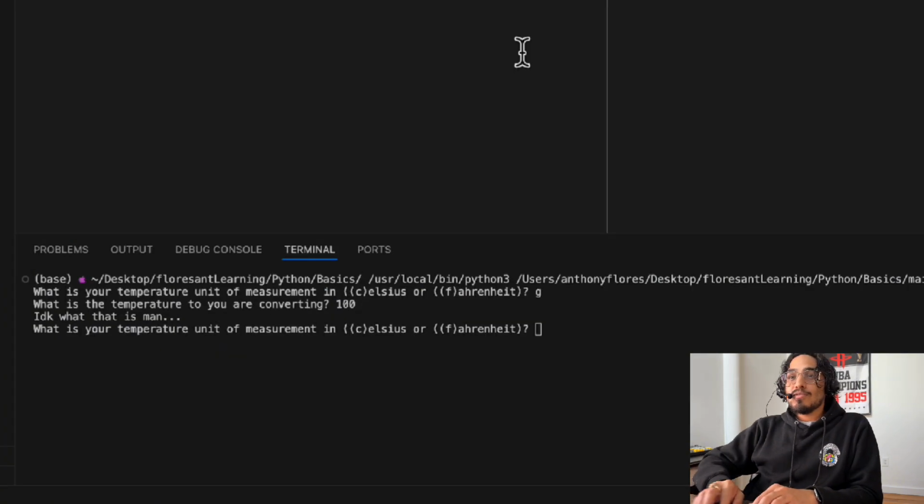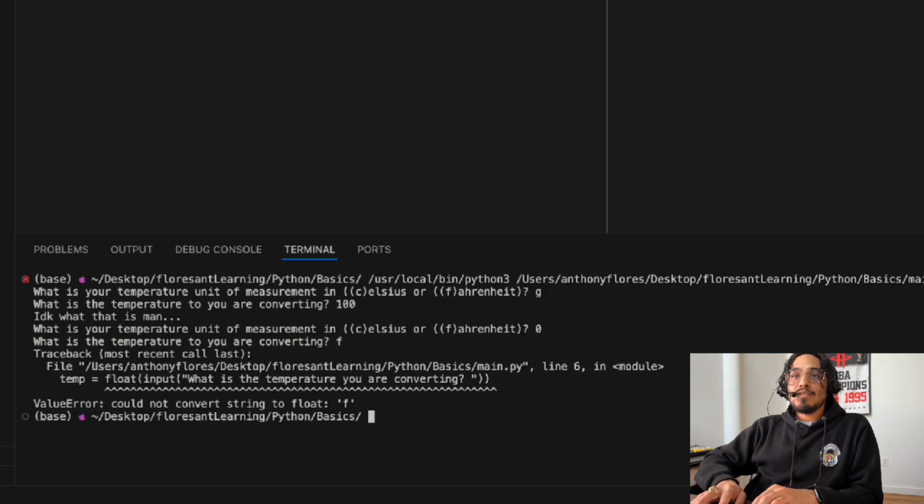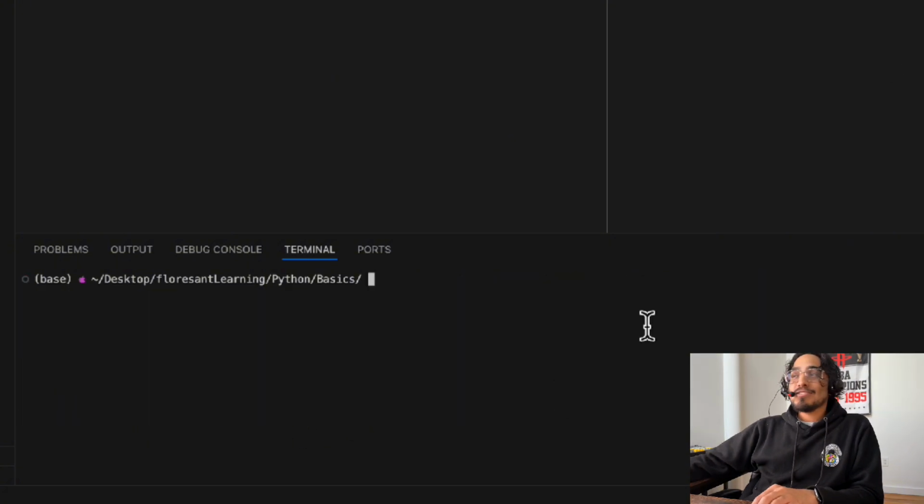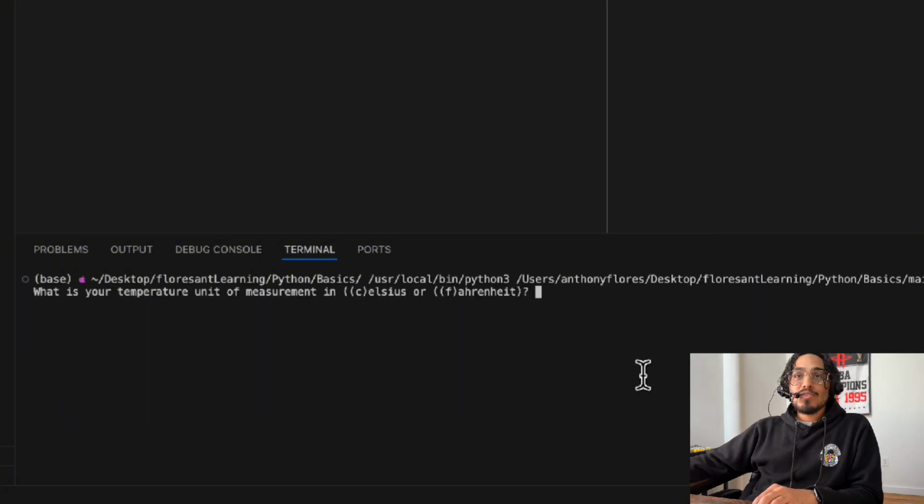So let's give an actual one. What's freezing? 0 freezing, and we're giving it in C. We're converting to F. Oh look, I did it wrong again. Yeah, we got this error because I gave a number. Let's try it for real this time. All right, what is your temperature unit of measurement? C. What is the temperature you are converting to